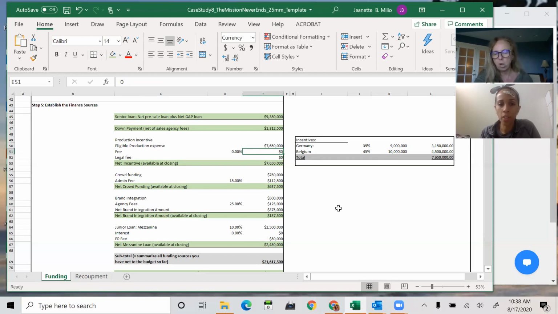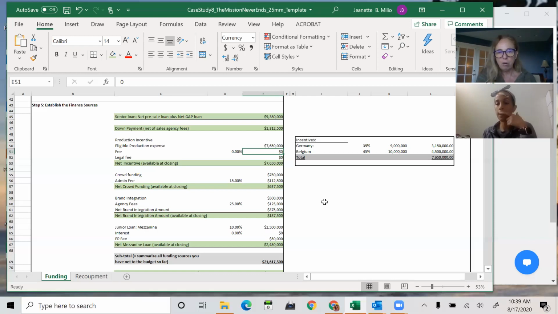How did we know that there was no fee? Is that just an assumption? Yeah, it is an assumption. It says no fees applicable. Otherwise, I would have told you there is a fee and how much it is. It says no fee. And I'm just giving you the reason why there actually is no fee in reality, because these countries pay as you go through production. So if you ever shoot something in Belgium or Germany, you're not going to have to pay a cash flower or get a loan for this, because you're not going to need to.